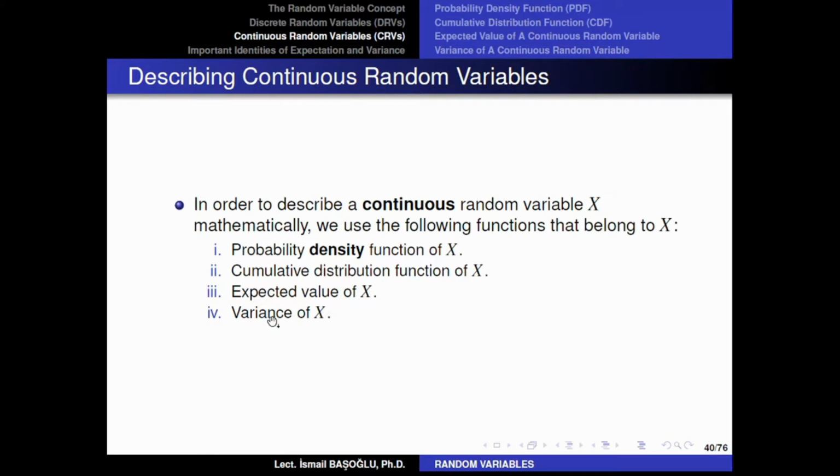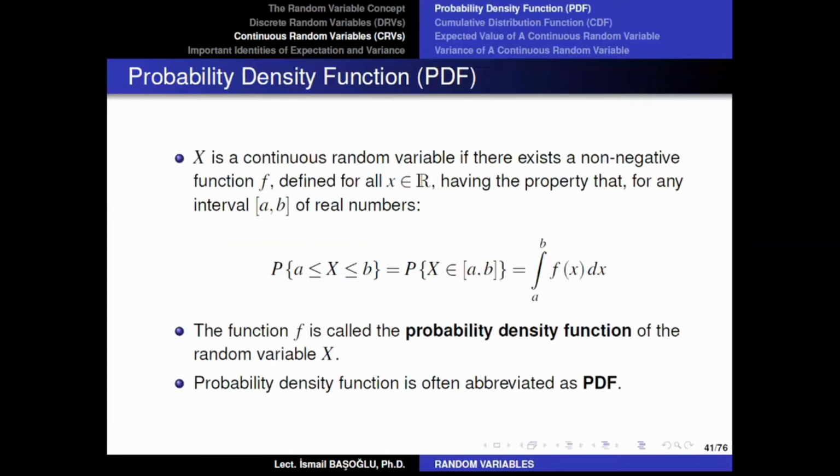And finally, the expected value concept and the variance concept, which measure the central tendency and the spread of that random variable respectively, can also be calculated for continuous random variables. So these three concepts, concept 2, concept 3, and concept 4, are basically common concepts for discrete and continuous random variables. However, the probability mass function is going to be replaced with something new that is called probability density function. What is probability density function now?